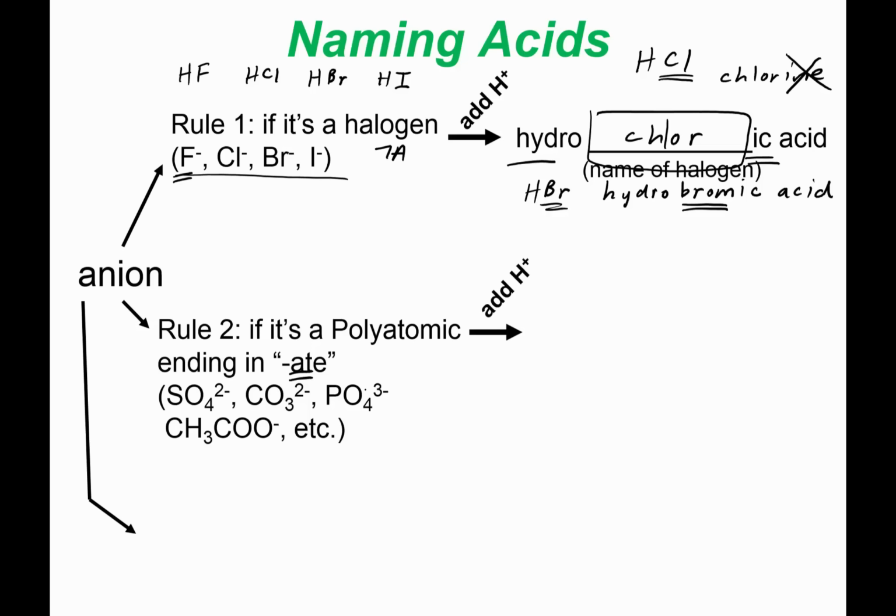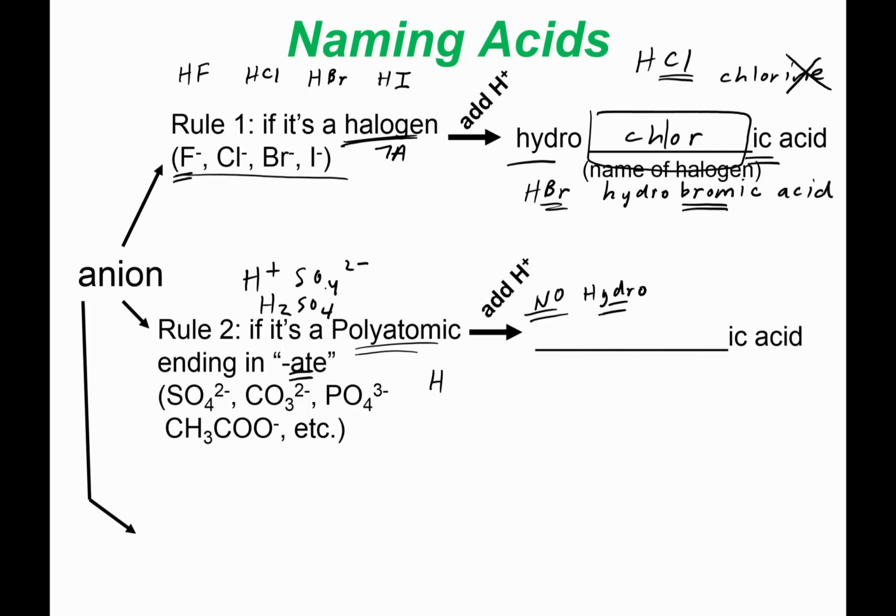So for example, if you put an H on the front, hydrogen always makes a +1. So if you have H plus and SO4 2 minus, if you crisscross that, you would have H2SO4. The way to name that is you don't use the prefix hydro. That's only for halogens. So no hydro, and you use the name of the polyatomic ion. So this example would actually be called sulfuric